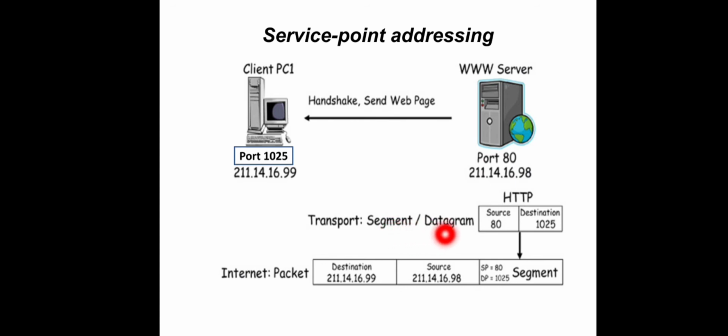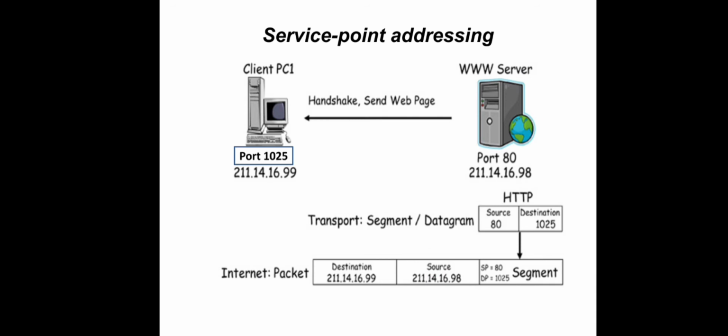So we can see that each segment in the transport layer contains this information: the source port number and the destination port number. Coming to the network layer, we have the packet. Within the packet we have two more pieces of information. What were they? The destination IP address and the source IP address. You remember the logical addressing function done by the network layer. It will attach the sender's and destination's IP address with the packet.